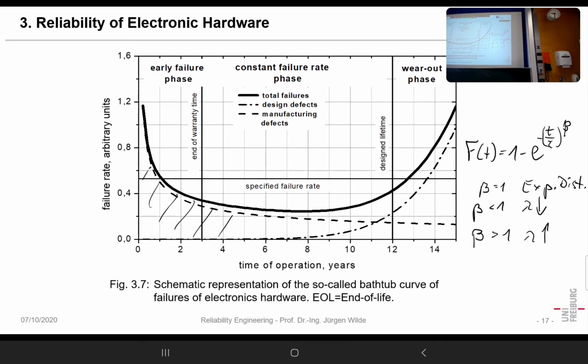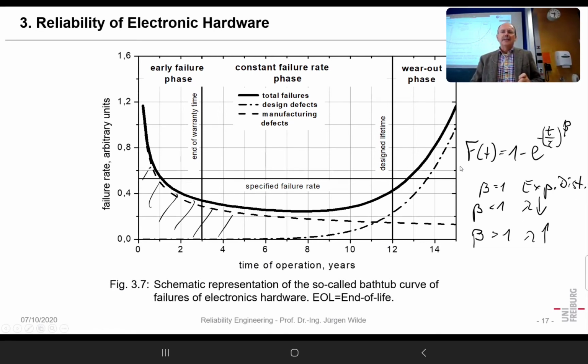We have seen it in my example here. It went up to maybe between 20 and 40,000 kilometers. And then we were in a steady state or in a constant failure rate phase. That's the famous bathtub curve. It's like a bathtub, where you put in the water. It's deeper here where you lie with your back. It's a little flatter, and in that way, it looks like the length section of a bathtub,